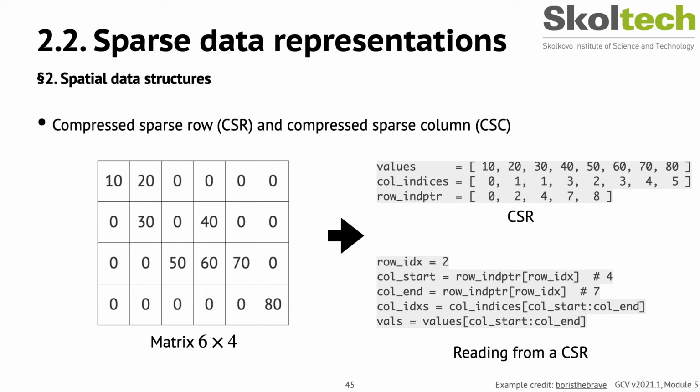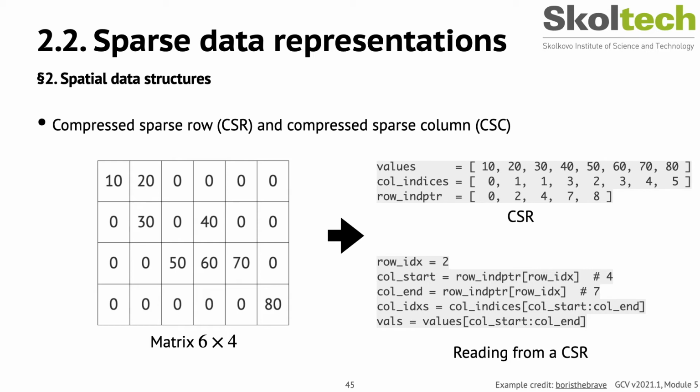Values is filled with the non-zero values in order, as we encounter them by traversing the matrix in row major order, left to right, top to bottom. Column indices are filled with the column index for each non-zero value. So in this case, we have columns 0, 1, then 1 again, then 1, then 2, then 3, 3,